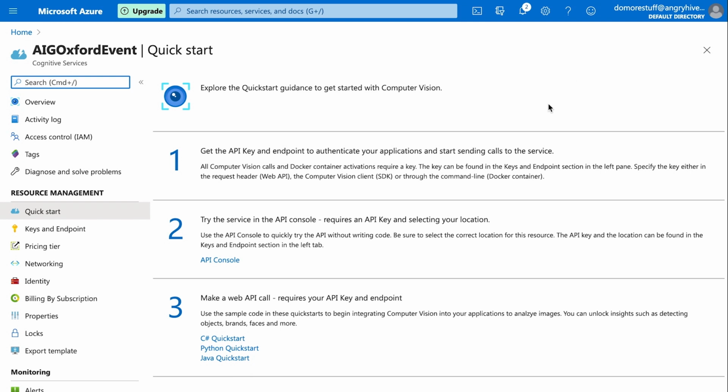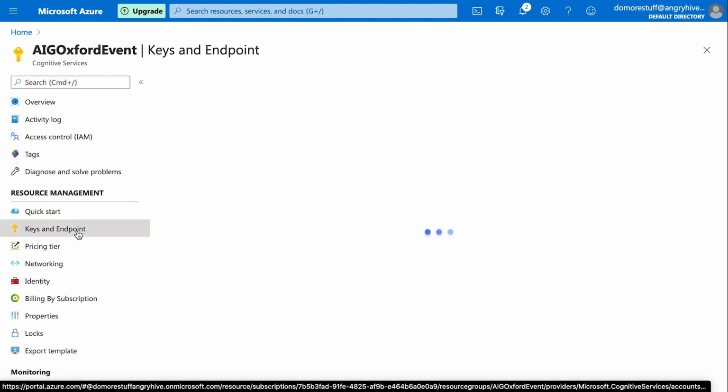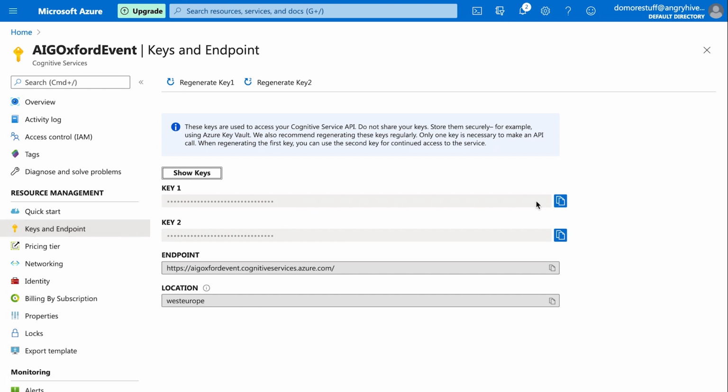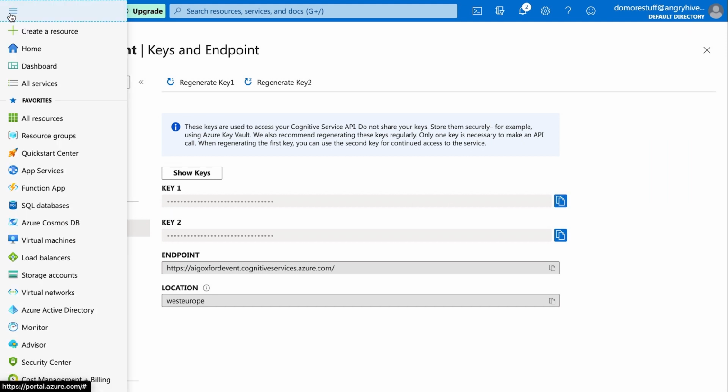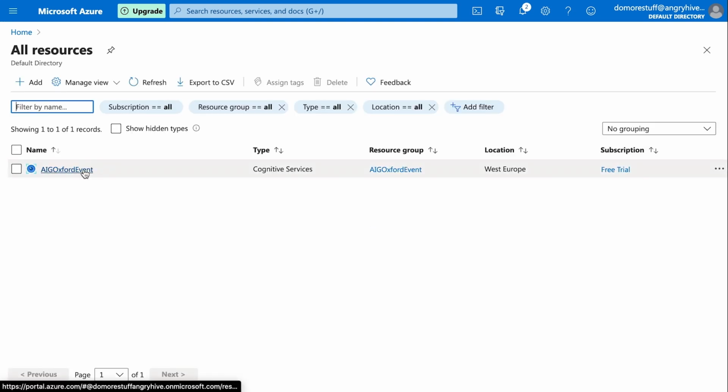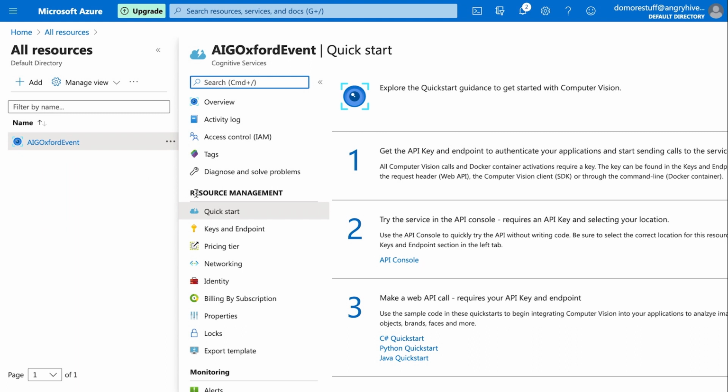We need to get the API key, so select the Keys and Endpoint option from the left menu. This shows us two API keys. Both keys perform the same function, so you can copy either one of them. Click on the copy icon next to a key to copy it to your clipboard. This is the API key that we need to use in our code when we want to use the Microsoft Cognitive services to analyze images. If you need to come back to get these keys again at any point, you can find them from the All Resources option. Select the resource that you created, and you will be able to see the Keys and Endpoint